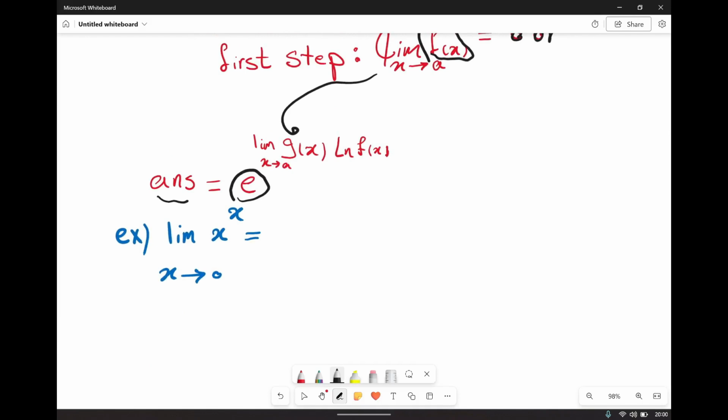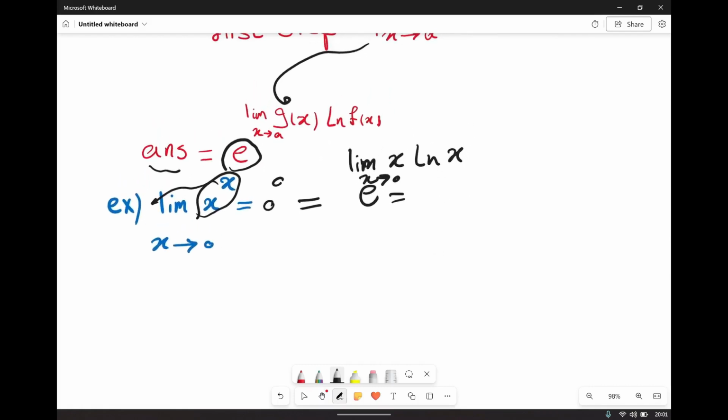For example, limit x power x, x goes to 0. Here we know when we put the x in the limit, the answer is 0 power 0. Therefore I can use this trick. It works as e power limit, x comes to the coefficient, and ln x, x goes to 0. If I calculate it right now, I put the 0, it is 0 cross infinity, because